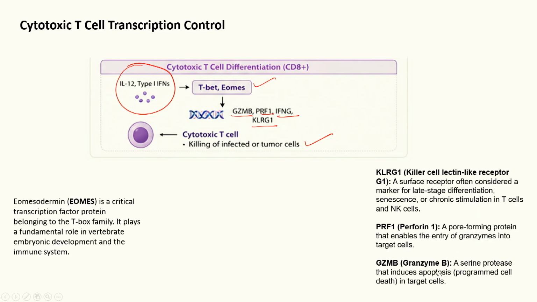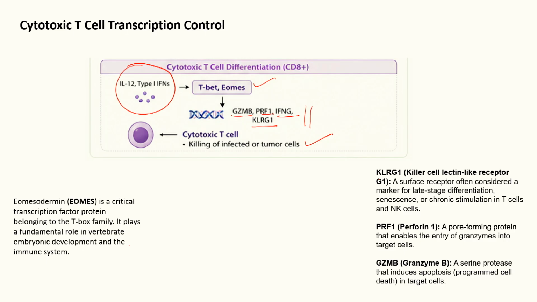So we looked into this EOMES transcription factor, which is eomesodermin, a critical transcription factor belonging to the T-box family, same as T-bet, and it plays a fundamental role in vertebrate embryonic development, particularly in the immune system aspect. And then apart from that, we have these proteins which get expressed once this transcription factor is binding to